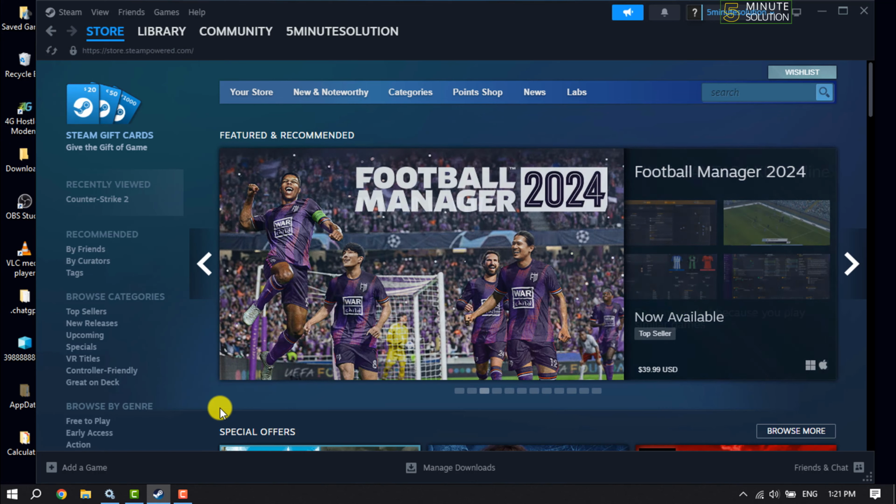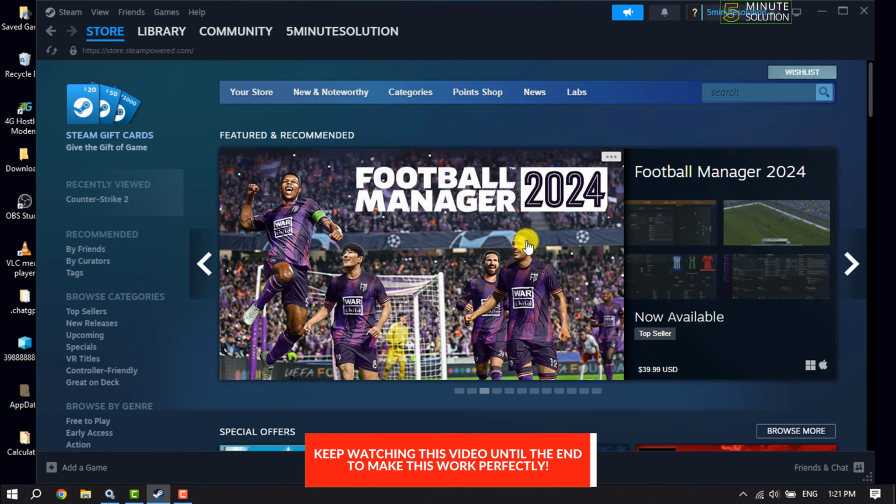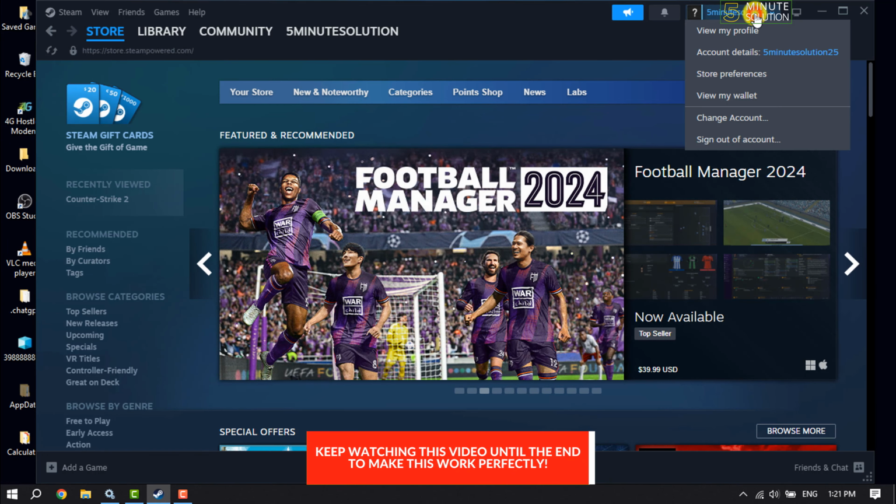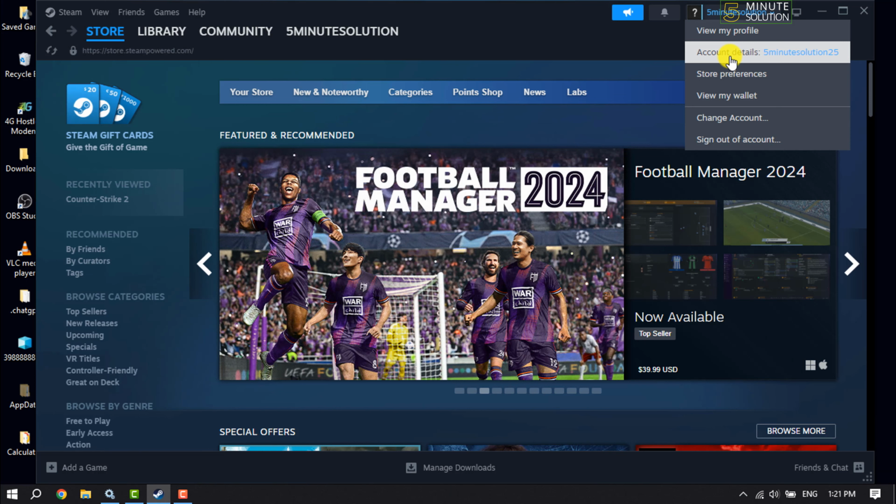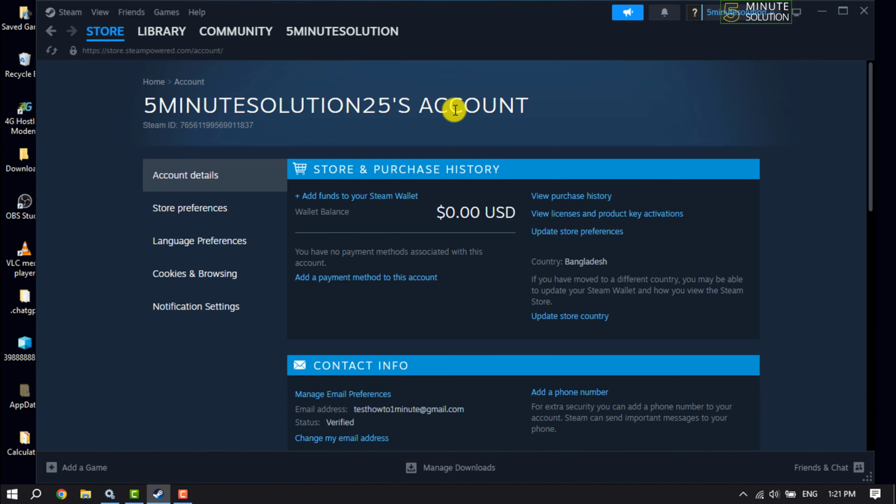Launch your Steam and sign into your Steam account. Now click on your account and click on account details. Here select account details, and as you can see, my current region is Bangladesh. To change it to Argentina, you have to click on update store country